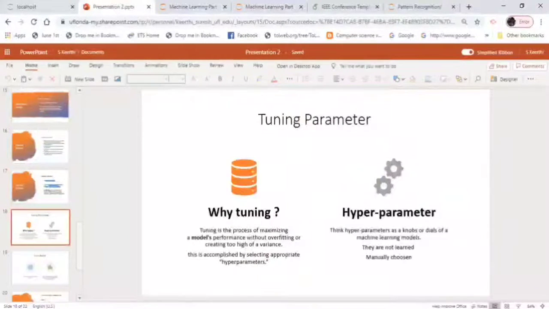Next comes tuning parameters. Why do we have to tune the parameters? Tuning is a process of maximizing a model's performance without overfitting or creating too high a variance. This is accomplished by selecting appropriate hyperparameters. What are hyperparameters? We can think of hyperparameters as the knobs or dials of a machine learning model. They are not learned by the machine itself, but are manually chosen.